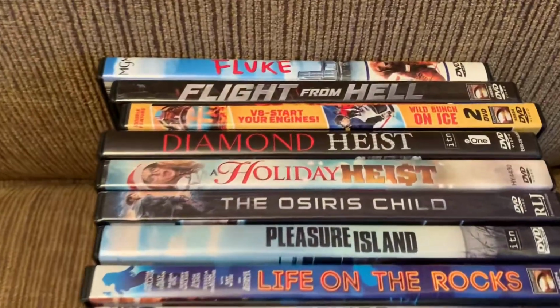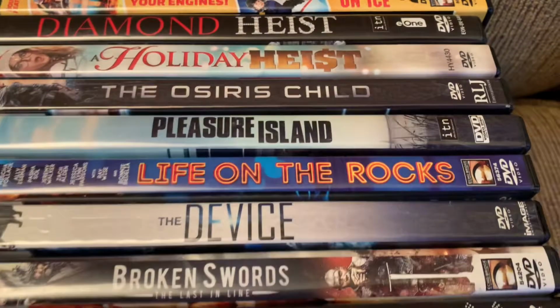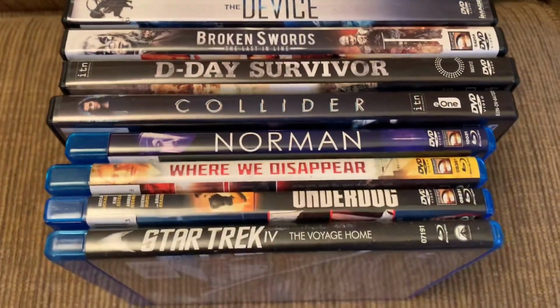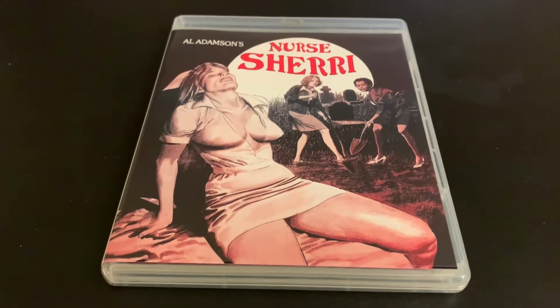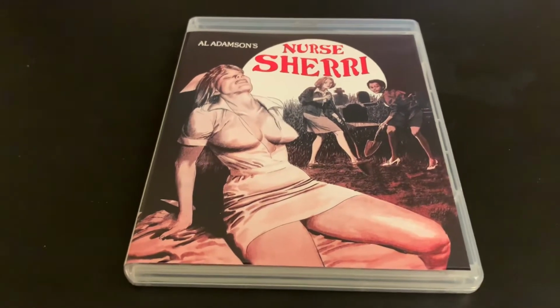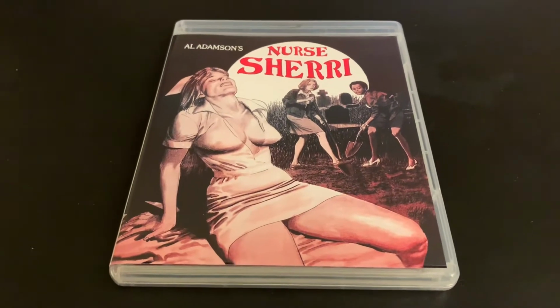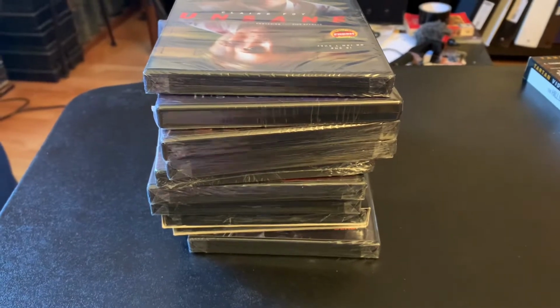A few more items from Dollar Tree. Got this release from Vinegar Syndrome because the DVD I have is full screen. So, pick this up. Got some items at Big Lots,